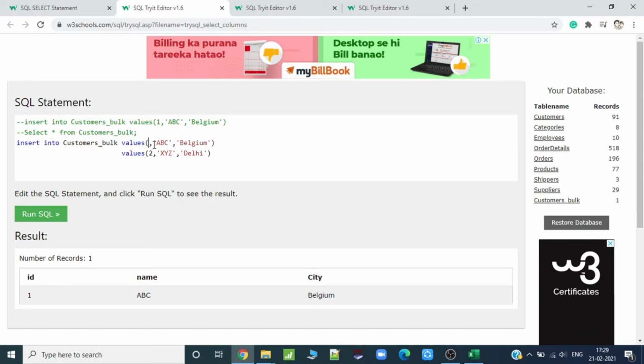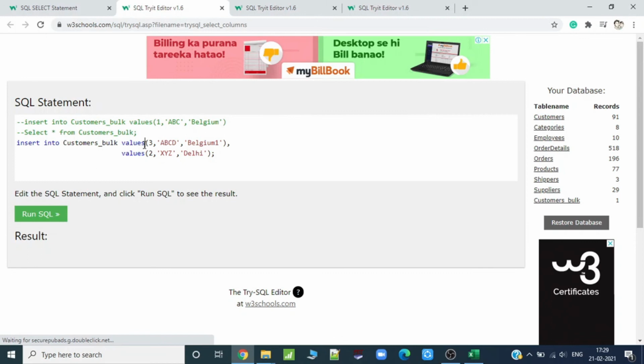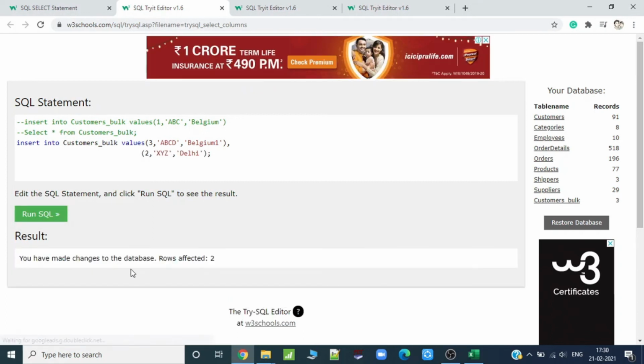Because it's already there, the 3, ABCD, Belgium 1, and after this put a comma and then values. If I just run this, sorry, we don't need any values keyword again. Just run this and you have made changes to the database, rows affected 2.